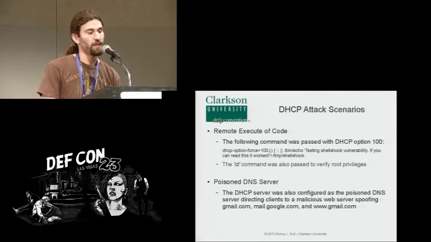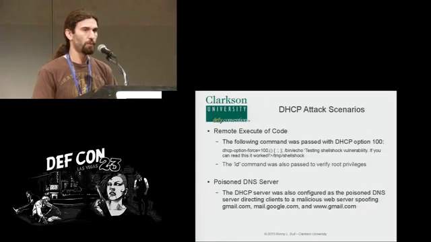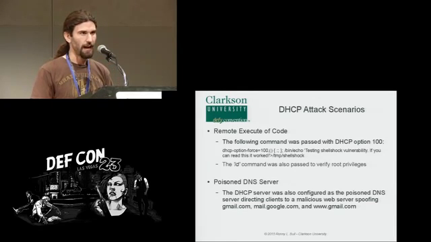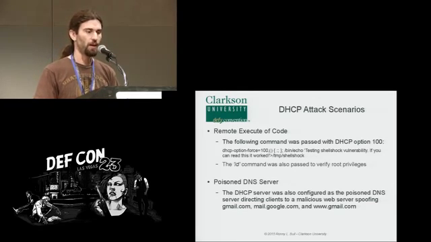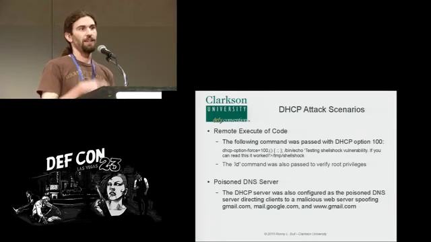So the actual scenarios we did for the remote execution of code, you can see that we passed that option 100, and that's the exact code that we ran with that. We were just doing a proof of concept, a fairly harmless attack on here, and we just echoed out "testing Shellshock vulnerability. If you can read this, it worked" to a file in /tmp called shellshock. We also tested to see what kind of access we had by using the id command. So when we passed the id command, instead of just /bin/echo, we just did /bin/id, and that passed in. And actually, when the client received its IP address information from the DHCP server,